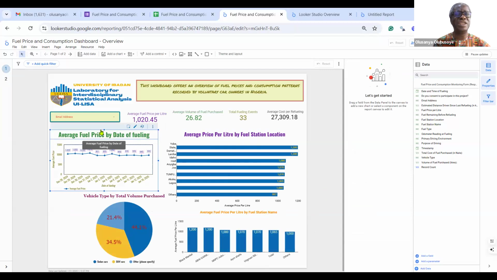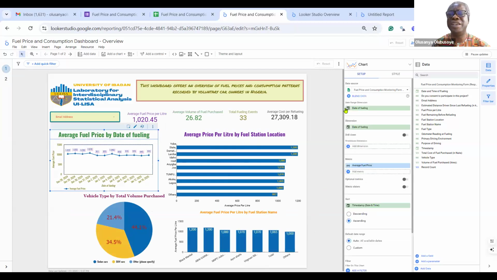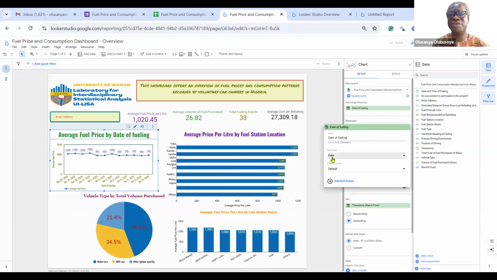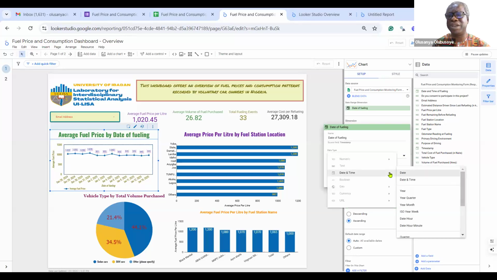If you click this one, for instance, you will see that I have chosen the date of fueling under dimension, and more specifically, I have chosen the month, date, and the year. These are options that you can select.